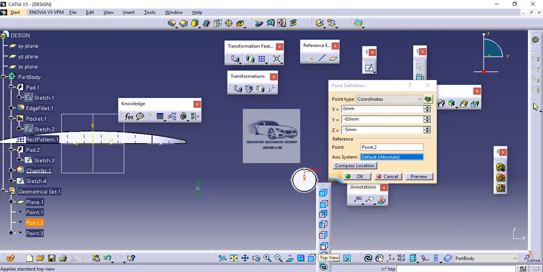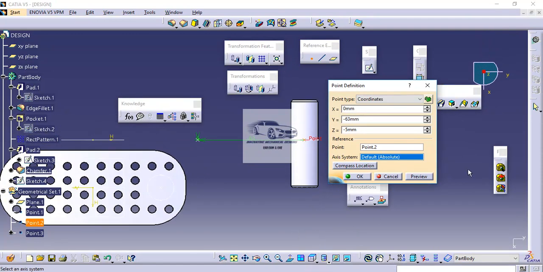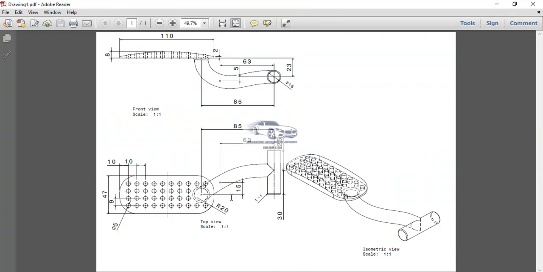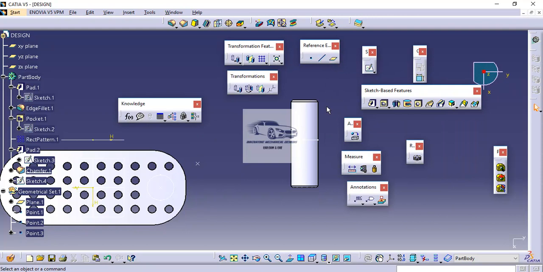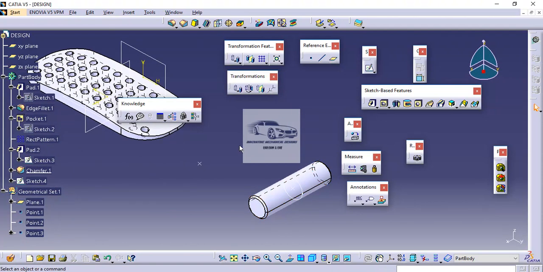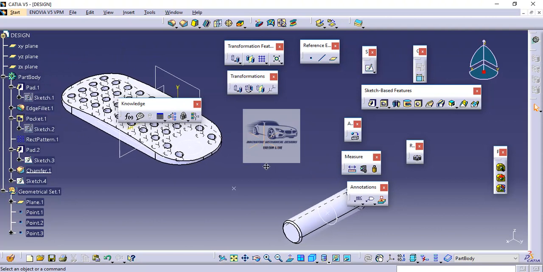Finally for x, now what I will do, I will just change the view to top view. So as we can see the positive x is downward, and again in the drawing the point is towards this. So here I will input the dimension as 15 towards the positive x so that it is created downward. So here we have got the 3 points for creating a 3-dimensional curve which will